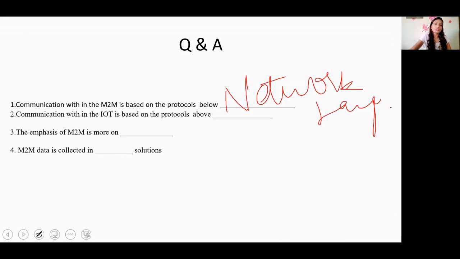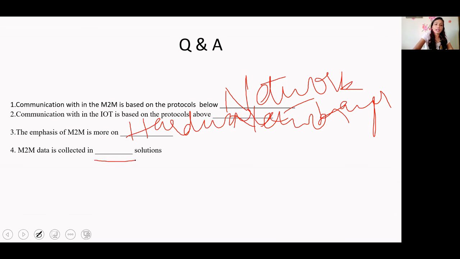Next, communication within IoT is based on the protocols above the network layer. Then the emphasis of M2M is more on what? Hardware. M2M data is collected in what type of solution? Point solutions. Yes, point solution.